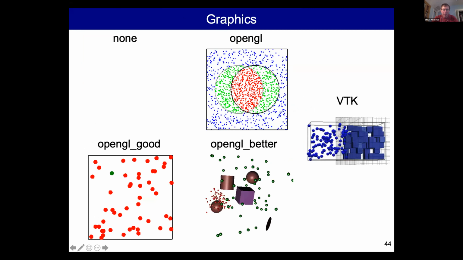Graphics: none is possible if you want something to run fast. OpenGL is good if you want better quality graphics, or better, let's use that for publications basically. But fast graphics obviously run faster and are often adequate. Also VTK is possible as well. Well, these are real-time graphics run during a simulation. VTK is done afterwards.